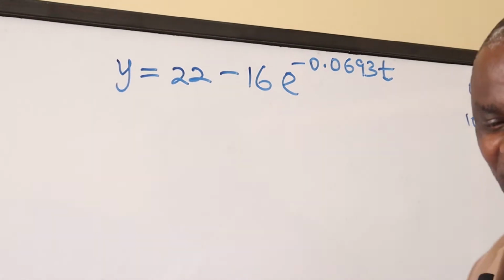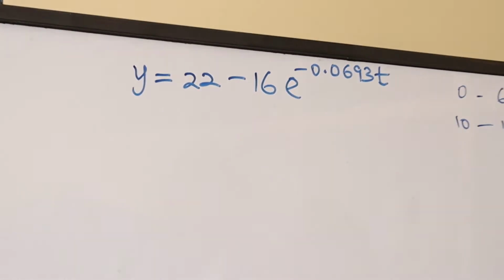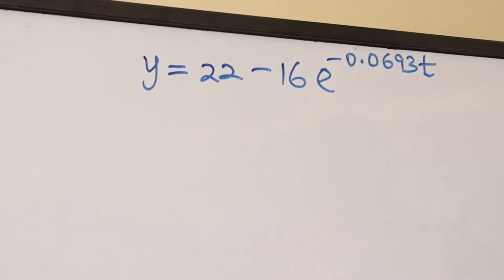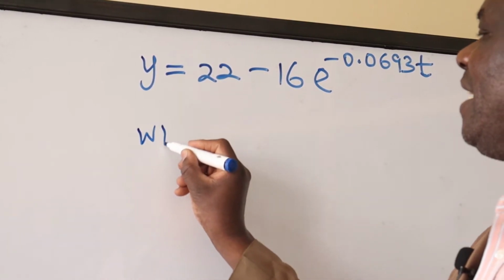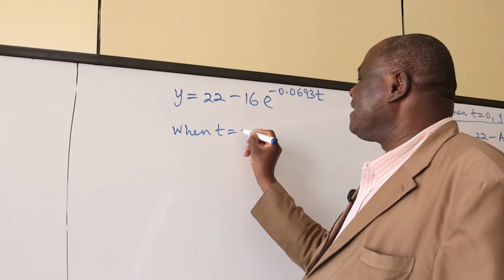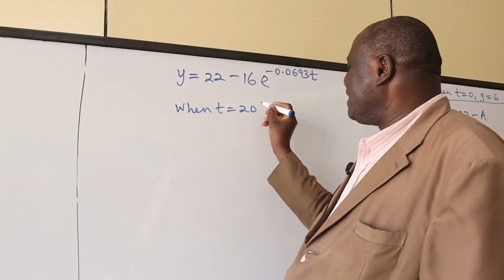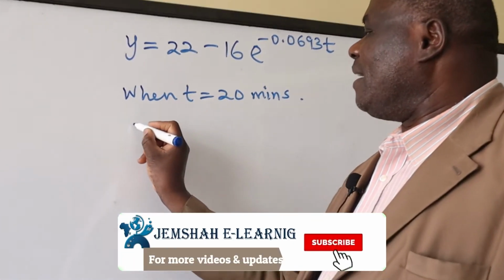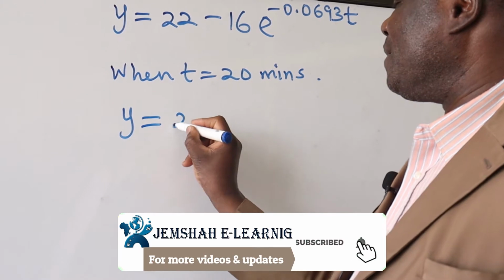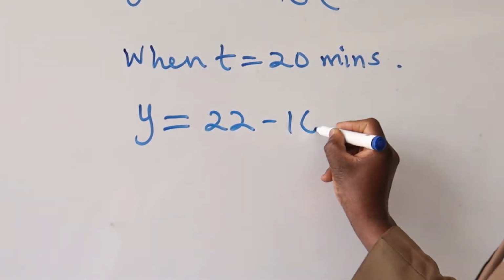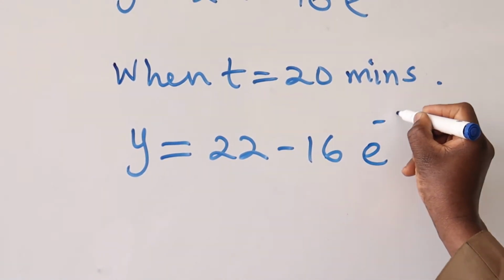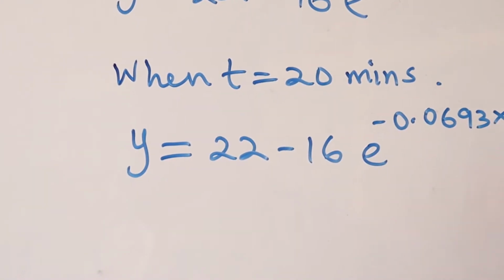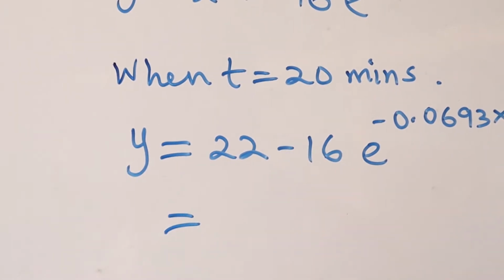So we are told we would like to get the temperature after 20 minutes. So when t is equal to 20 minutes, our y now will be equal to 22 minus 16 e power minus 0.0693 times 20, which is equal to